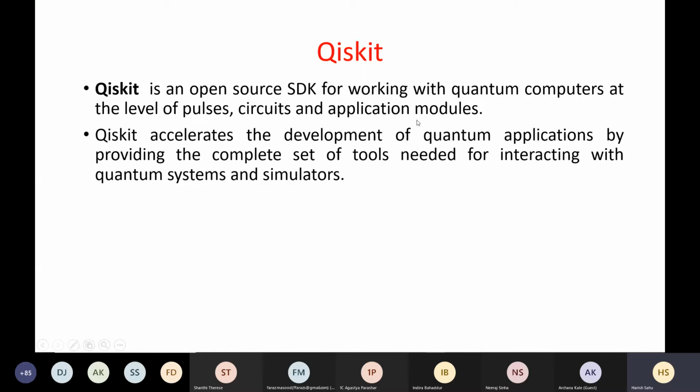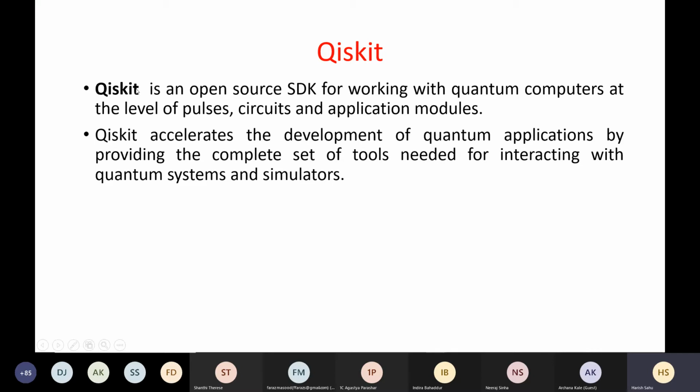So you can work at the lowest level like pulses, quantum gates or circuits, and you can work in a high-level application environment also. Like Python language, or some high-level functions or algorithms are available to you. You can use them also.